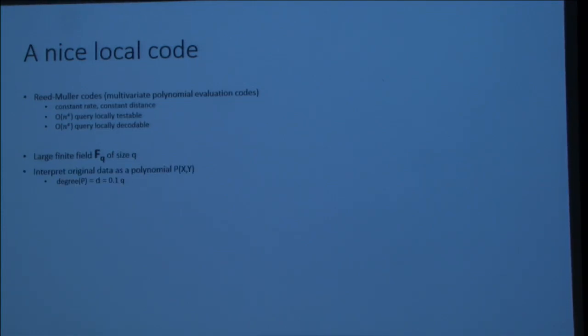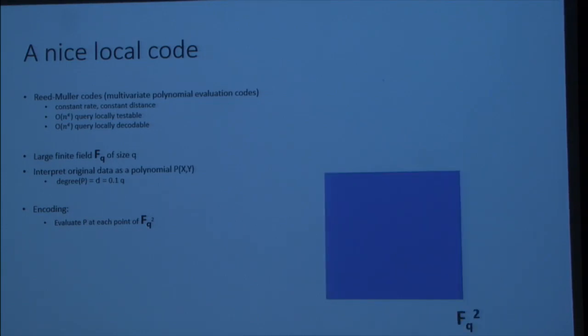We'll pick a large finite field, F_q, and we interpret our message or our data as a polynomial of low degree, say 0.1q. And then the encoding is: take this polynomial and evaluate it at each point of F_q cross F_q. Suppose we're just focusing on bivariate polynomials right now. So we take this polynomial and evaluate it at every single point. And now, if you look at the rate of this code, so the length of the message compared to the length of the codeword,